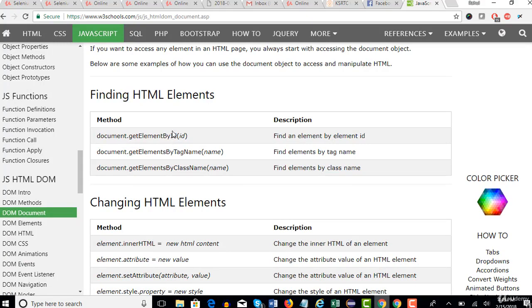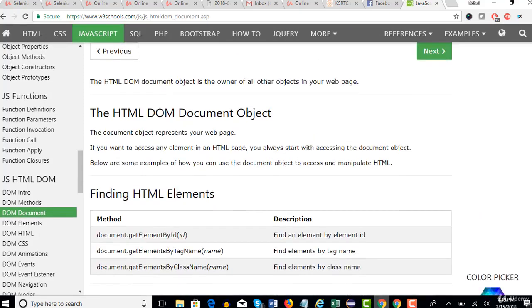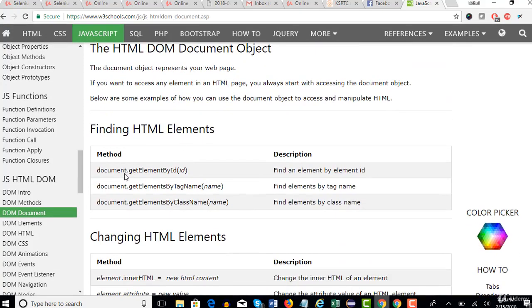That's with Selenium. If you want to do it with JavaScript DOM, you can extract anything by saying document.getElementById. You can use this to grab anything. With Selenium we use driver.findElement by ID, and in Selenium we also say driver.findElements by tag name.